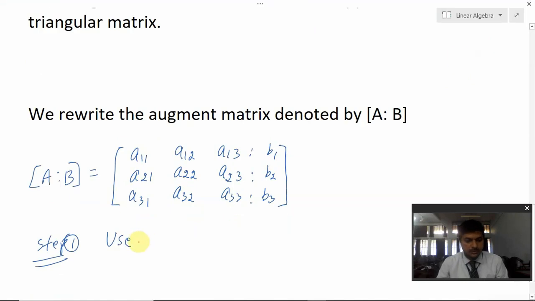Step 1 is an important step. Use A11. Where is A11? Here is A11. Okay, take this value